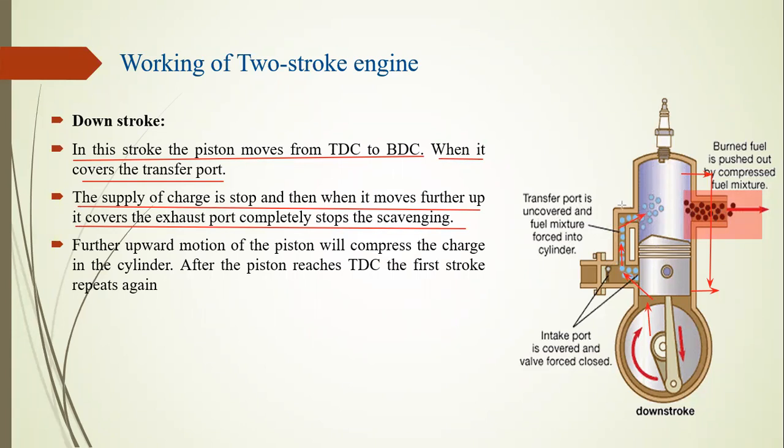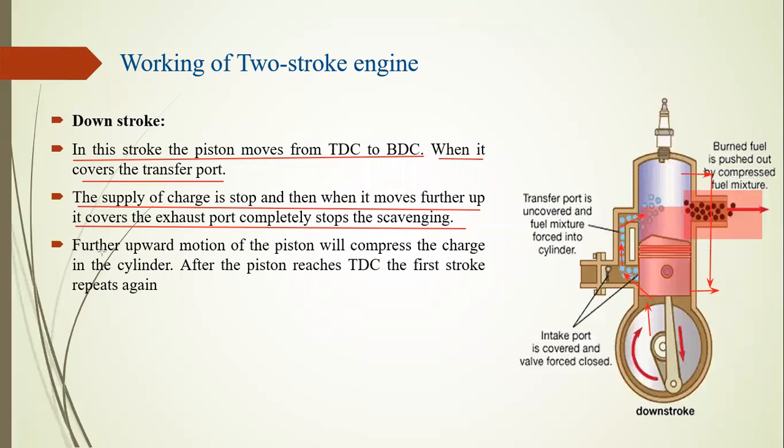Here the piston position is here, and on the next completion the piston moves from its position to the next position to stop the scavenging process. Scavenging means that the air and fuel mixture is transferred from the transfer port to the cylinder and from the cylinder to the exhaust port. That's called a wastage of fuel in a two-stroke engine. So it makes a scavenging. To stop scavenging, the piston moves in the upward direction and